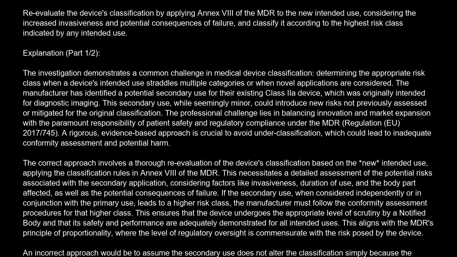If the secondary use, when considered independently or in conjunction with the primary use, leads to a higher risk class, the manufacturer must follow the conformity assessment procedures for that higher class. This ensures that the device undergoes the appropriate level of scrutiny by a notified body, and that its safety and performance are adequately demonstrated for all intended uses. This aligns with the MDR's principle of proportionality, where the level of regulatory oversight is commensurate with the risk posed